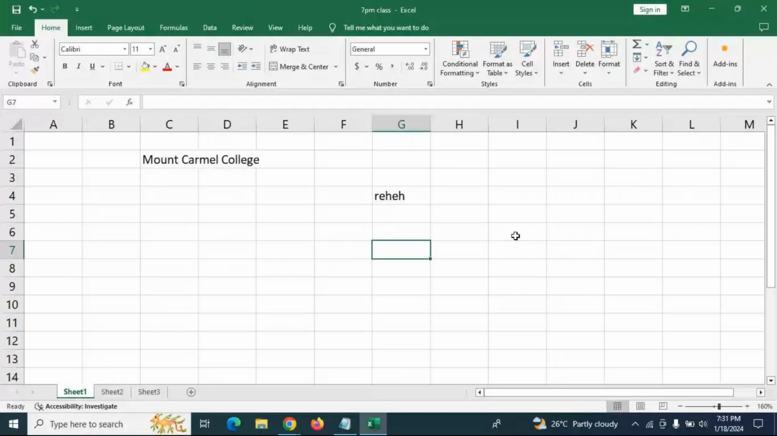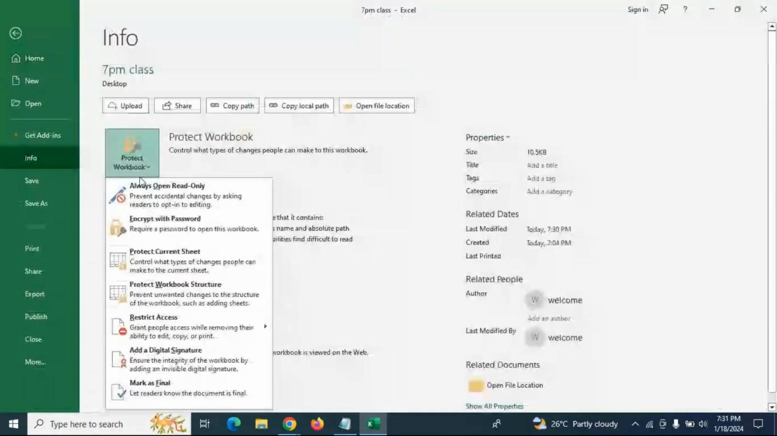Yeah. So if you click on this file, info, protect workbook, and then adding a digital signature is nothing but, you can add a signature of yours only if you are having the license. License in the sense that is an add-on feature. So if you click on this, again it will be showing you like this. So then you can